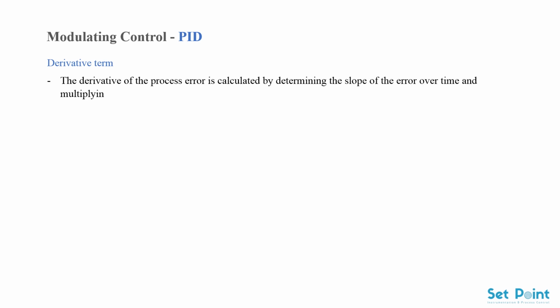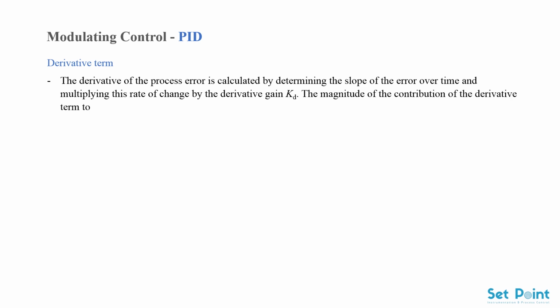Derivative term. The derivative of the process error is calculated by determining the slope of the error over time and multiplying this rate of change by the derivative gain Kd. The magnitude of the contribution of the derivative term to the overall control action is termed the derivative gain, Kd. The derivative term is given by